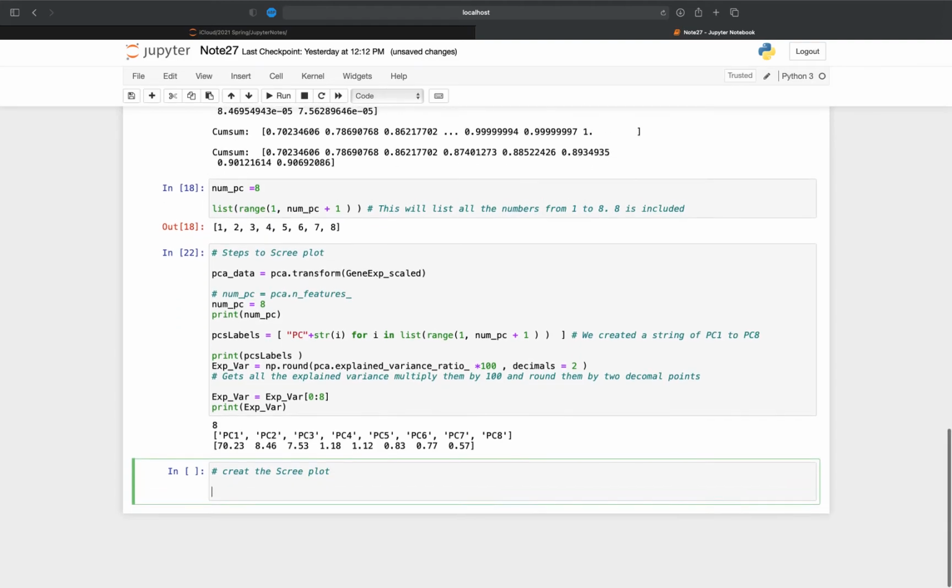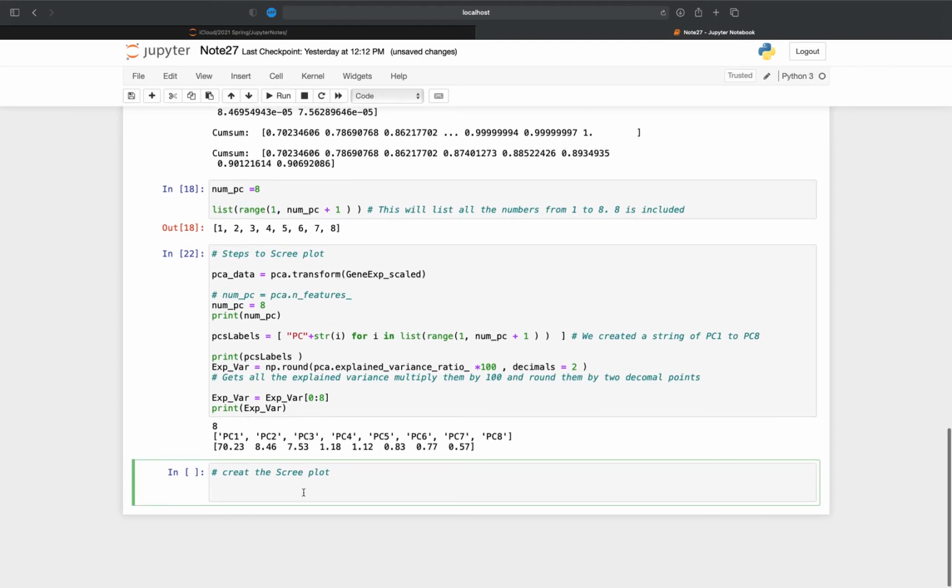Then I'm going to use plot, this is matplotlib, so plot.bar, the X is the range. You should remember, range will print the numbers from the value we write down to